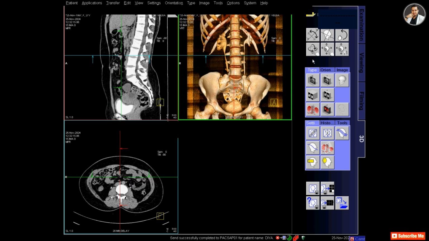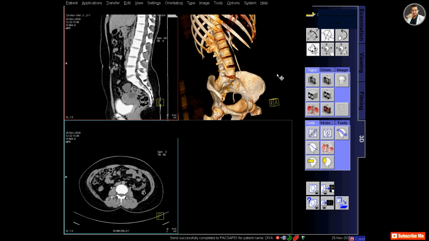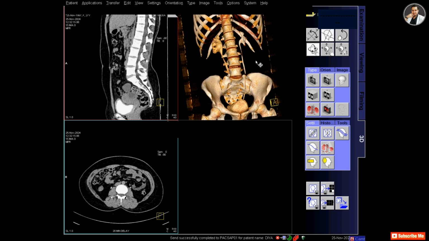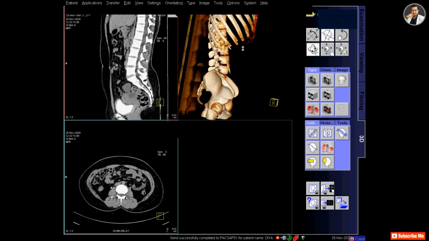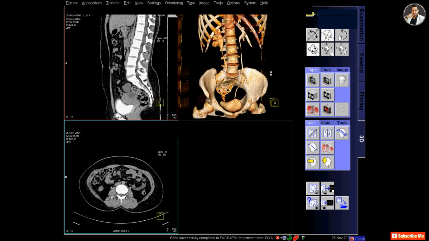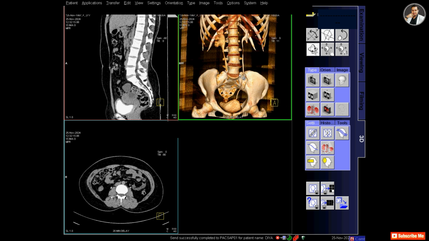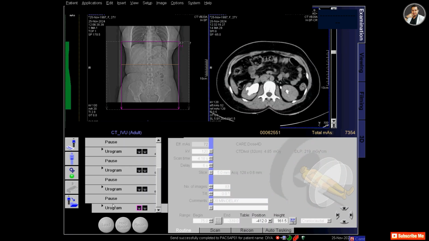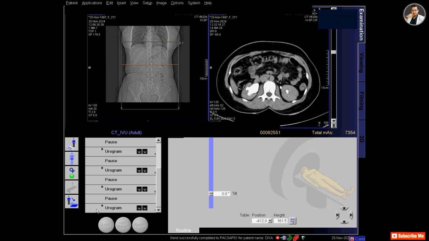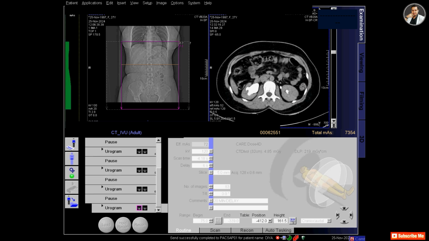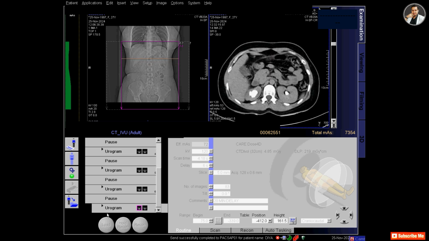So I am checking all the options from the BRT gallery, and in this view you can see that the ureter, renal pelvis, and also the bladder are visible. The right renal pelvis is dilated. Maybe there is some compression over the right ureter in the lower pelvis.